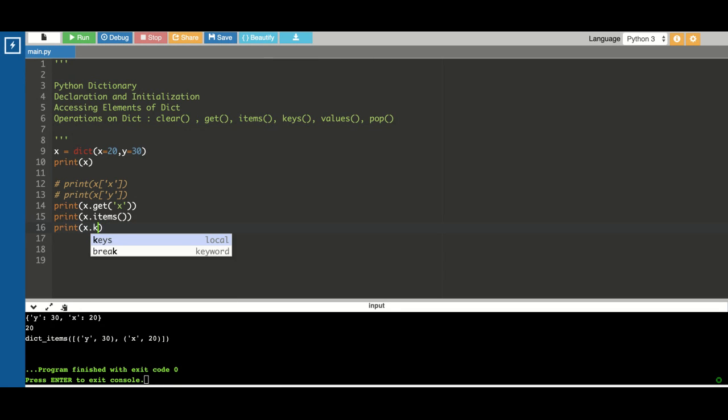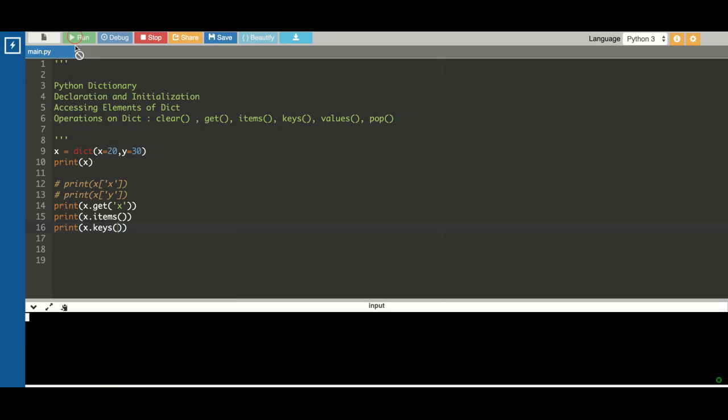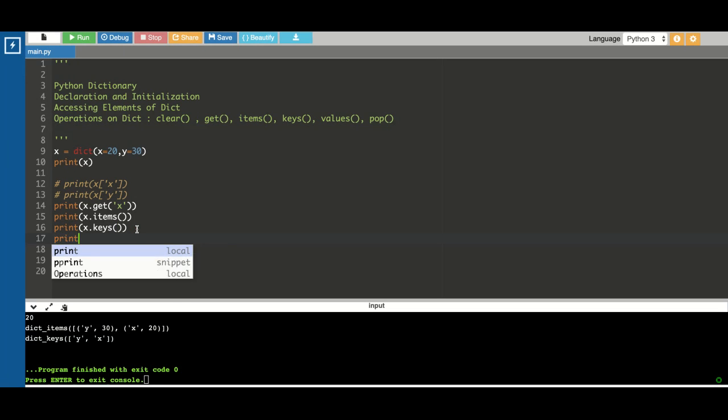So if you don't know what keys are present in a dictionary object, you can call the keys method on that. And you can see each method has a corresponding return type. It has dict_items, it has dict_keys, so you can perform more operations on that. Okay, similarly a values method will return the values.